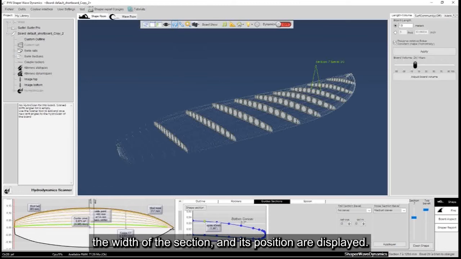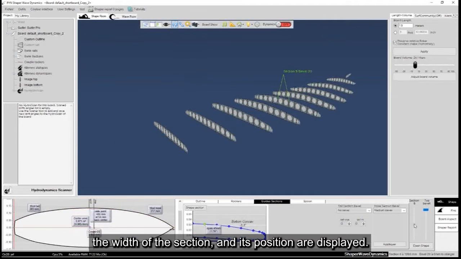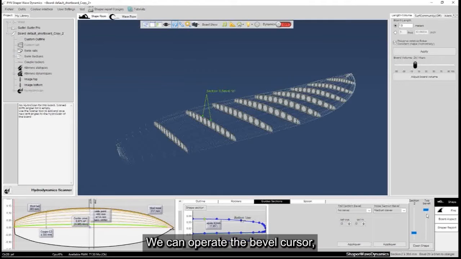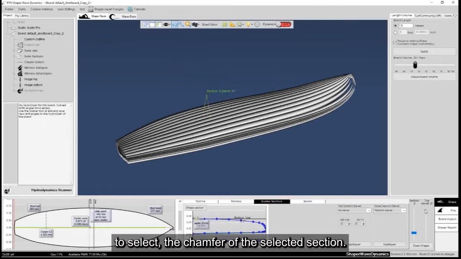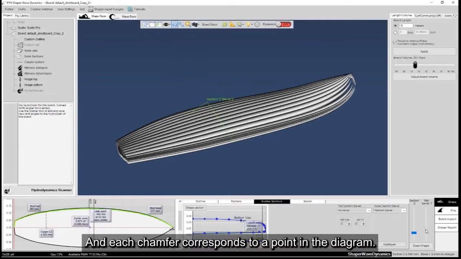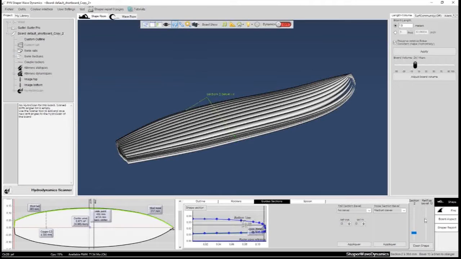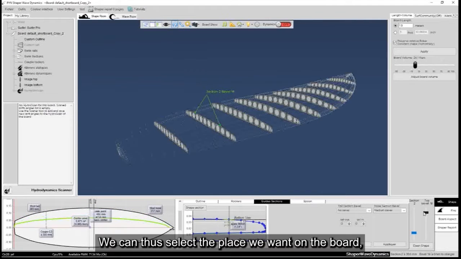The width of the section and its position are displayed. We can operate the bevel cursor to select the chamfer of the selected section, and each chamfer corresponds to a point in the diagram. We can thus select the place we want on the board.